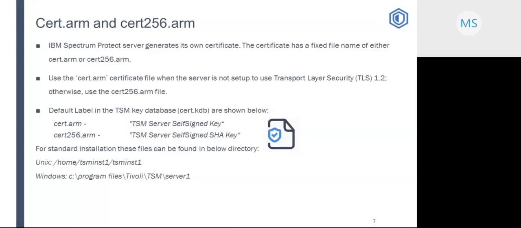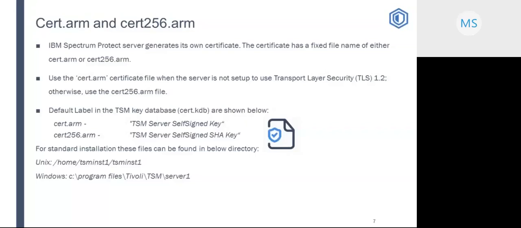In this case, if your server is using a CRT.ARM self-signed certificate, that means TLS 1.1 is being used. Ensure that you are using the correct certificates and set as a default certificate on the Spectrum Protect server. The default labels in the Spectrum Protect key database are shown below.